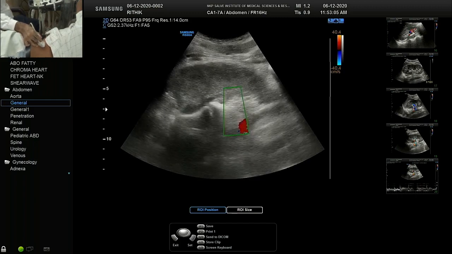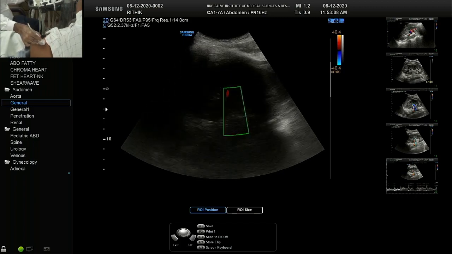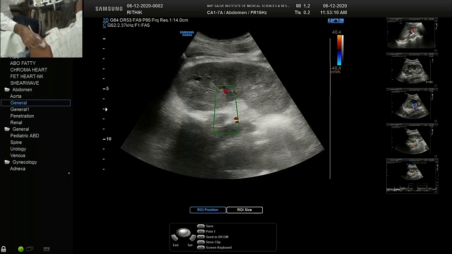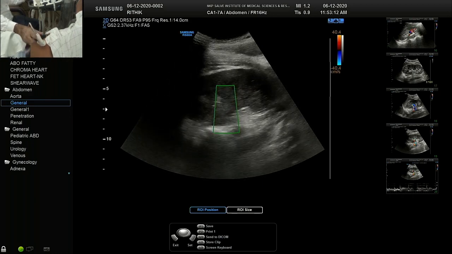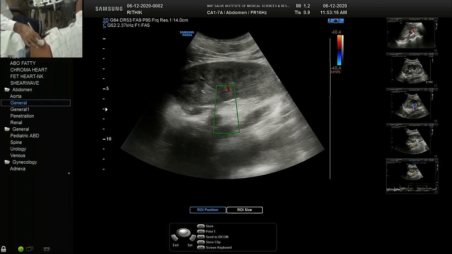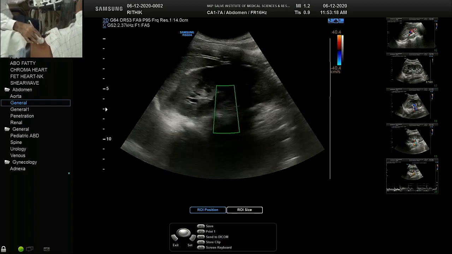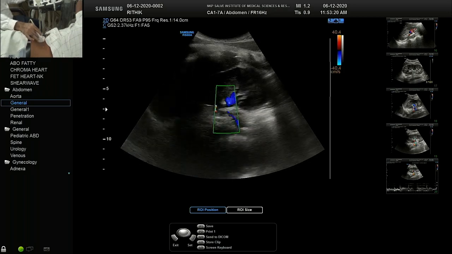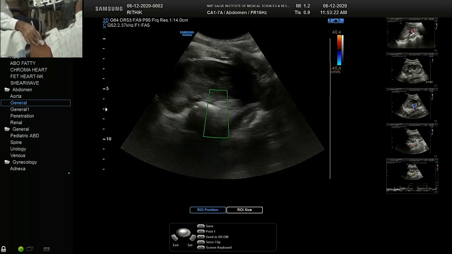Repeated breath holding can exhaust the patient. I will tell you again and again. So let them relax for a second. You also sometimes get strain due to continuously pressing the probe, because you have to sample small vessels. So you can relax in between and then start the examination again.